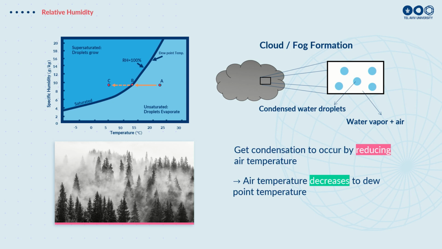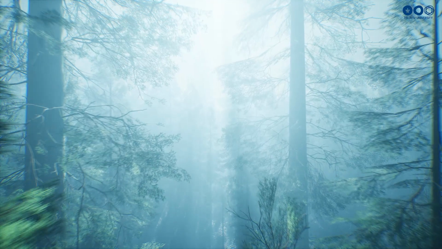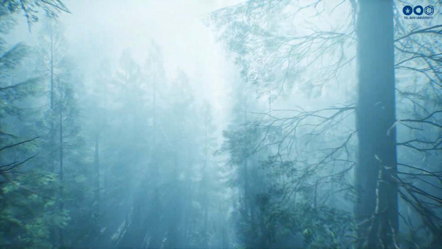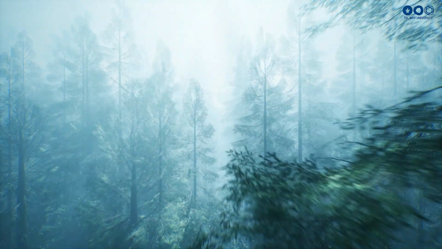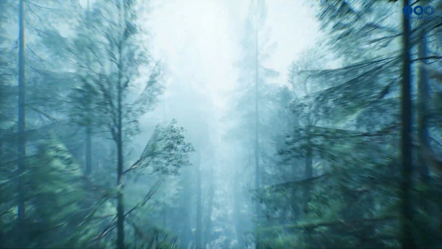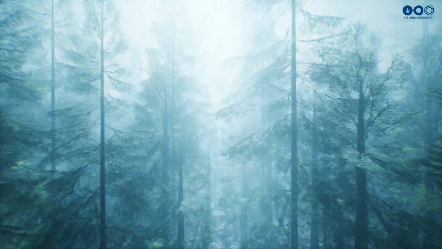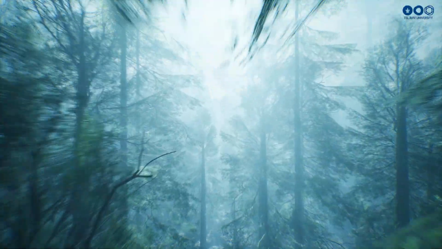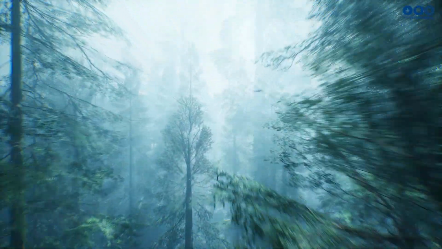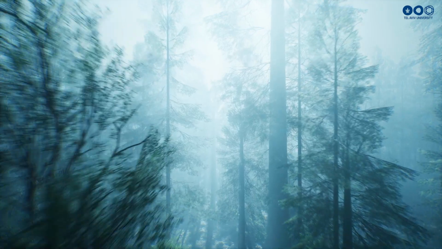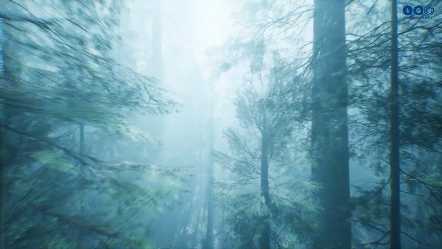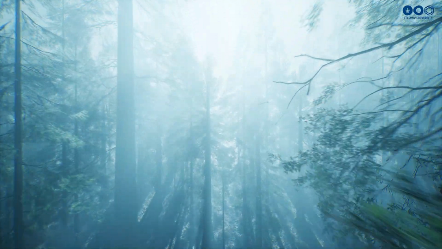Sunrise in the next morning will warm up that air and we'll go back from B back to A, and the clouds will disappear, the fog will evaporate because the temperatures are rising. So fog, which we see during the nighttime close to the ground, is caused exactly by this process where we're cooling down the air until we reach 100% relative humidity or the dew point temperature, and then we have condensation of droplets and we see the fog or we see clouds. So by cooling the temperature, we can result in condensation and produce these clouds.